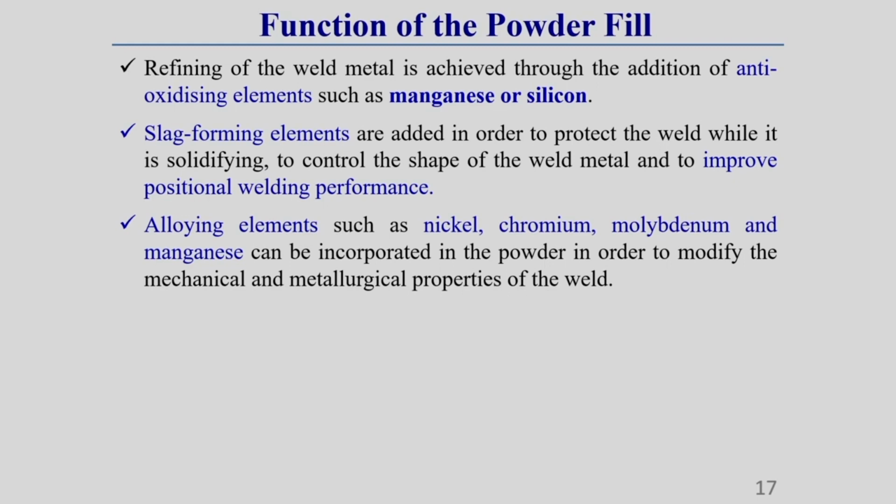Here you should keep it in mind. The powder which is used inside the flux can contain anti-oxidizing elements. These anti-oxidizing elements generally act as antioxidants. They are generally manganese and silicon, or the powder can contain slag forming elements. Slag forming elements, as I have already told you, also help to protect the molten pool from atmospheric contamination,